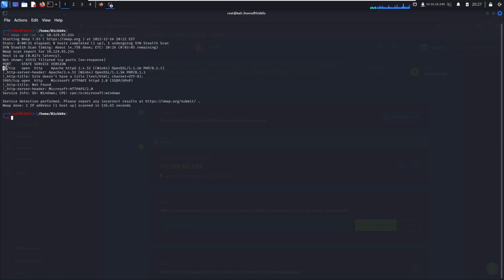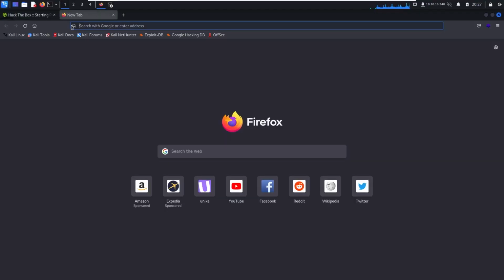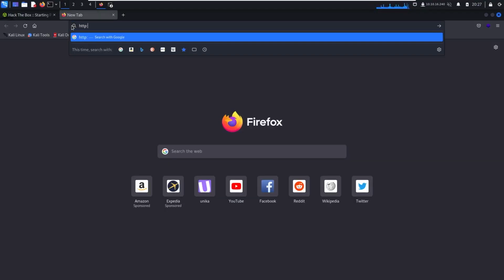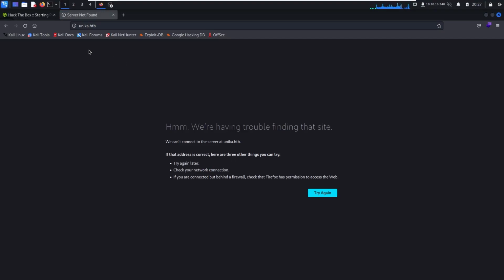We can see that we have an HTTP service on the port, and we also have a 5985 open port for Microsoft. So I'm going to be opening it on our website, http:// and then the IP address. Okay, so we're redirected to a